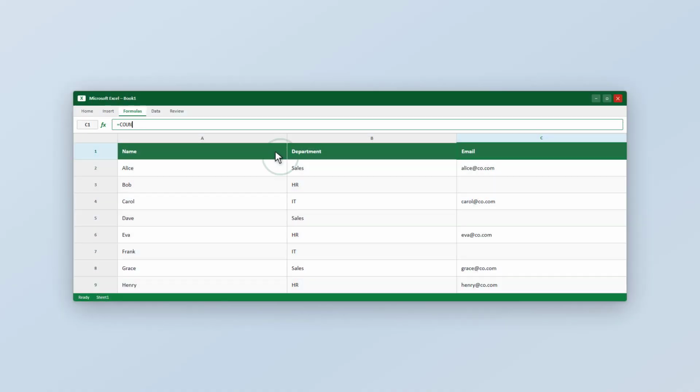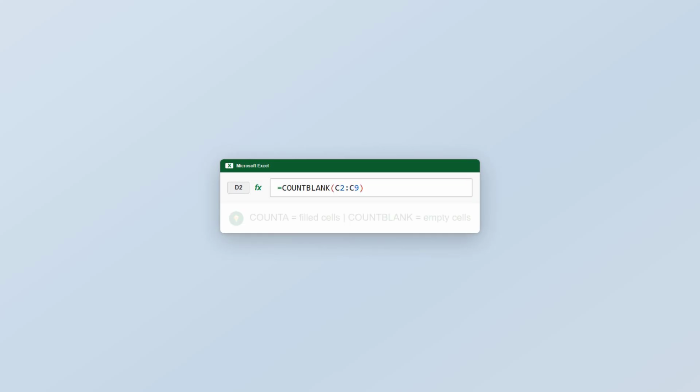Here we have a simple employee data set with names, departments, and email addresses. Notice that some cells are completely empty. Click on an empty cell where you want your audit summary to appear, then type. Now in the very next cell, type equals COUNTBLANK, open a parenthesis, select that same email range and close